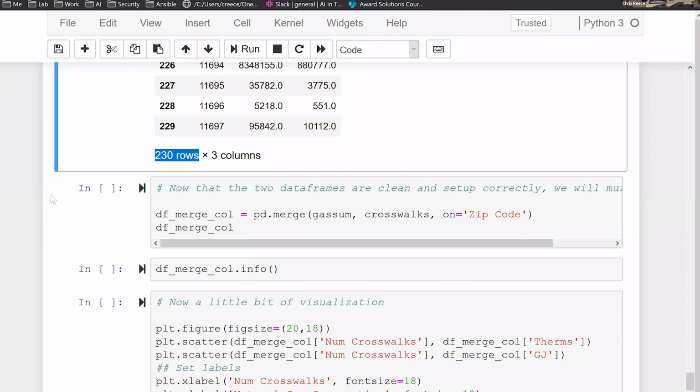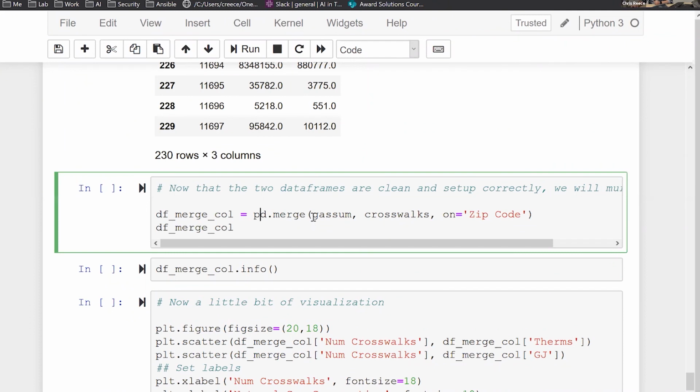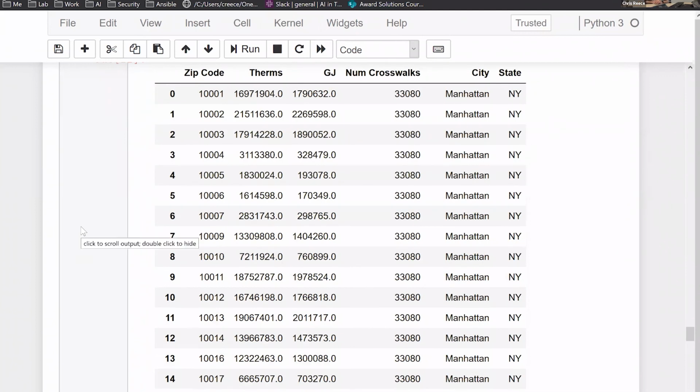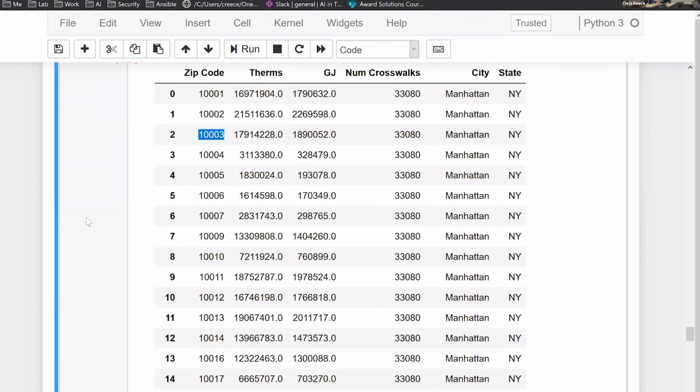So now what I'm going to do is merge these 2 data sets based off of the zip code. I'm going to take the gas consumption and add to it the crosswalks based off of the zip code. So that is my new data set. So for zip code 10003, there was that much thermal consumption of natural gas, that much GJ consumption, and there's